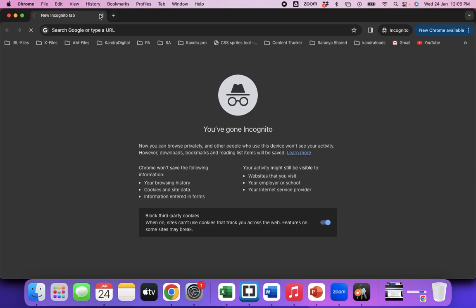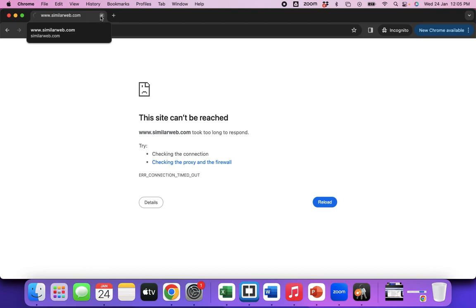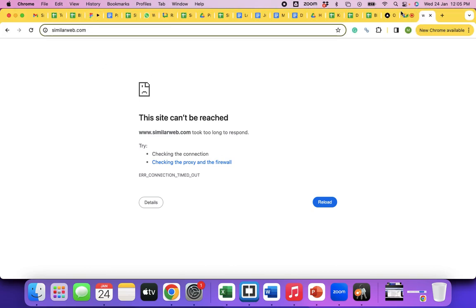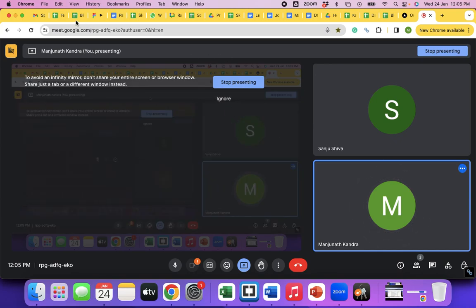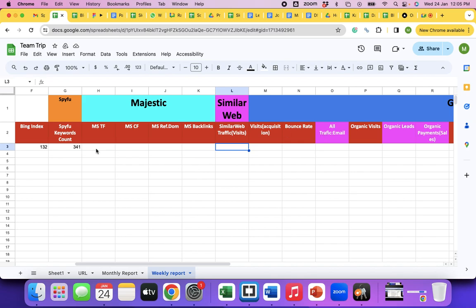So SimilarWeb is not working. You just add the URL, and SimilarWeb gives you the traffic, and we should eliminate some of these things or rely on other tools. We cannot continue to update SimilarWeb data and Majestic SEO data when we can maybe look for Moz and some other sources for traffic.